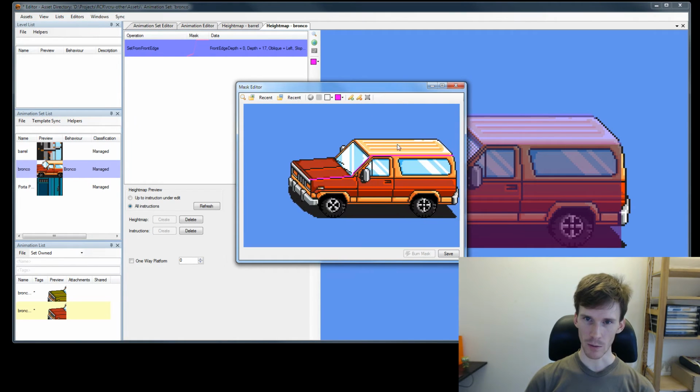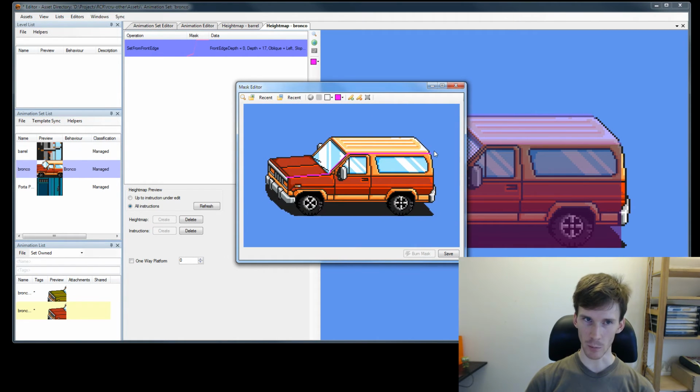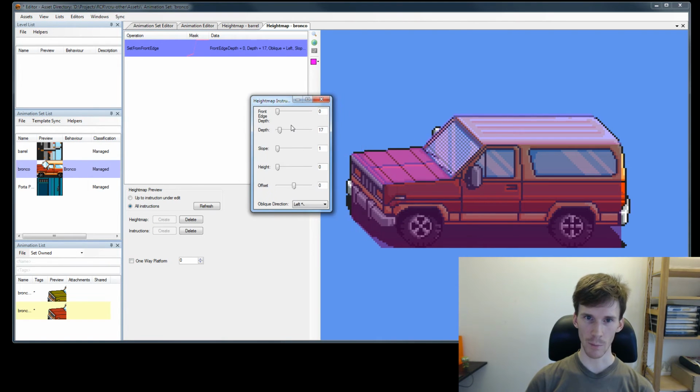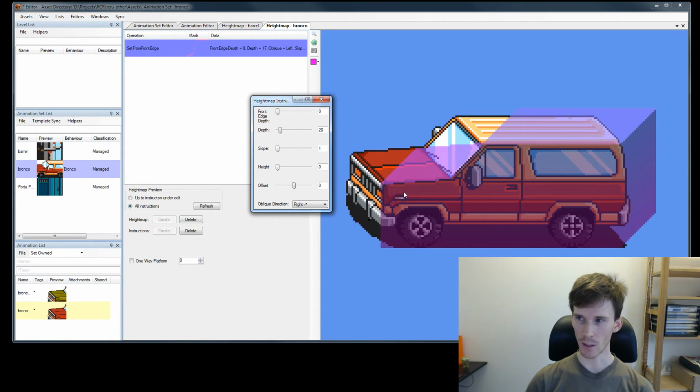What that is, we define the front edge of an object. And then using the parameters, we can adjust, for instance, how deep that goes. If I make it deeper, whoa, I can make it very deep. I can make it shallower. So I've just got half a car there. I forget how deep that was, but it'll do. I can also adjust the slope. I can also adjust the angle, so I can make it fold to the right instead of to the left. I can also make it go straight back,